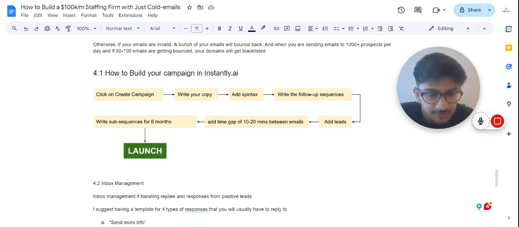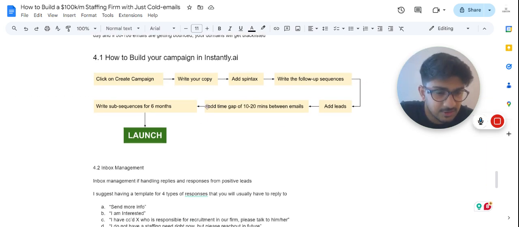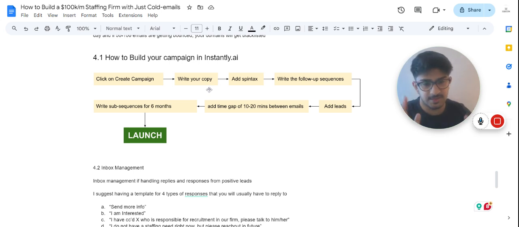Others can watch it as well, but still good. Syntax scripts, add follow-up sequences. Now, I like to have short follow-up sequences, so I will only follow up 2 times, 3 times at max, and I'll have a good chunk of difference between the first email, the next email, and the follow-up email. And then add like 20 minutes of time gap between the emails that you're sending out,